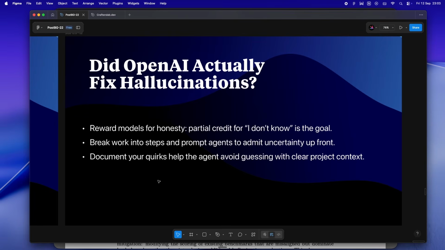Also, and this is huge, break things into steps. Don't hand the agent your whole code base and say, go fix it. Start with, can you explain this bug? Then what's your plan? Then, okay, write just the function. It's slower, yeah, but you catch the weirdness before it spirals. And if you're anything like me, running solo means you need those little safety nets.